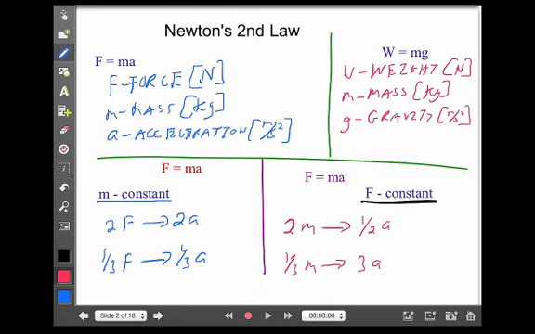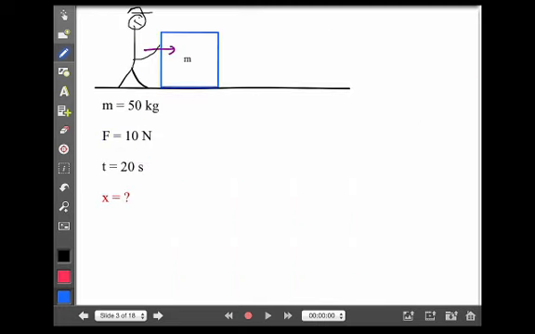Now, very important idea is that weight is not mass. They are not the same. Your mass stays the same everywhere you go in the universe, but your weight will always change depending on the effects of gravity. Now, we can often use Newton's second law of motion in combination with what we've learned back